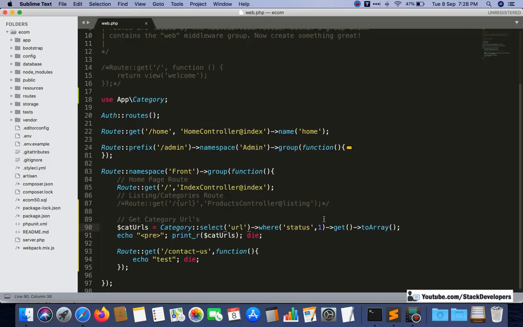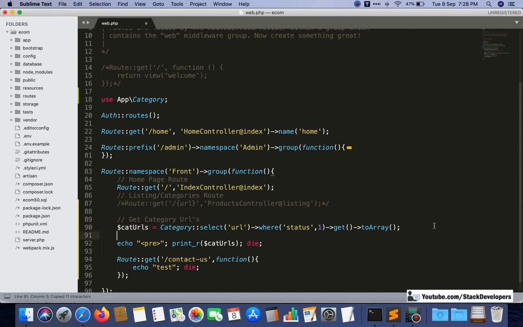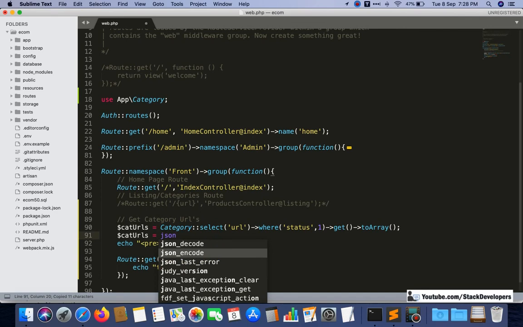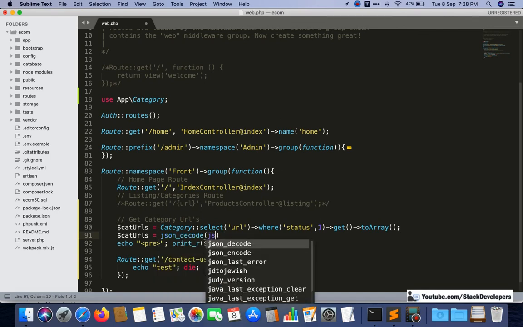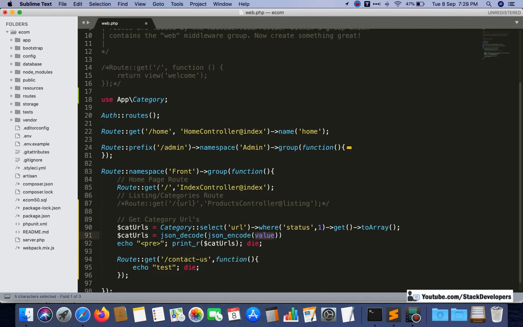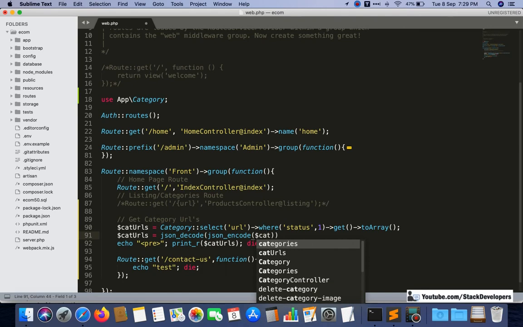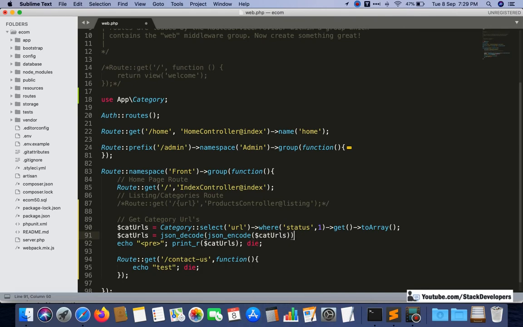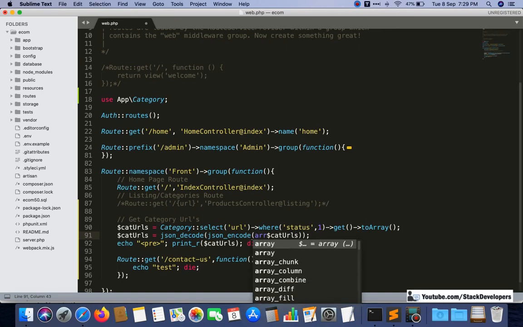Not like this. Either we can use array flatten. The simple way is JSON decode and JSON encode, but there is one more shortcut that we are going to try. Here on $catURLs we can use array_flatten.